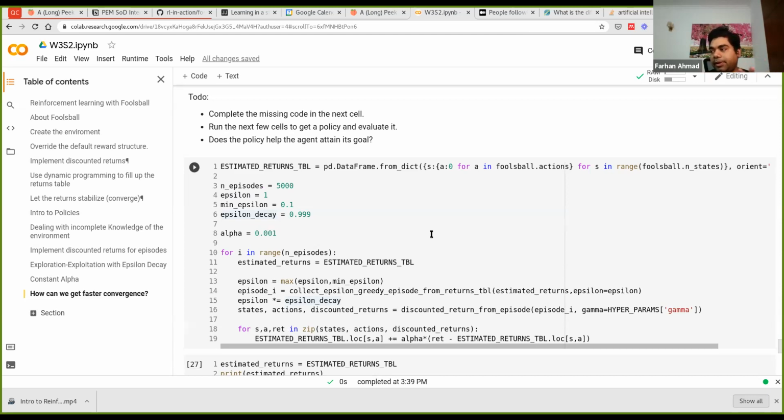So if you remember, when we were trying the dynamic programming based approach, we were taking the delta of the returns table before and after, updating the table. So we can do that here as well. Take the delta, that should be a single number, and plot it against your episodes